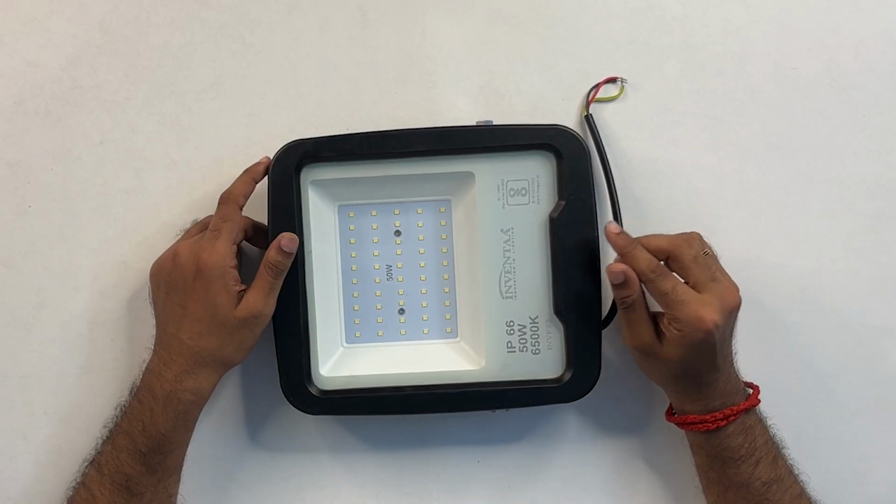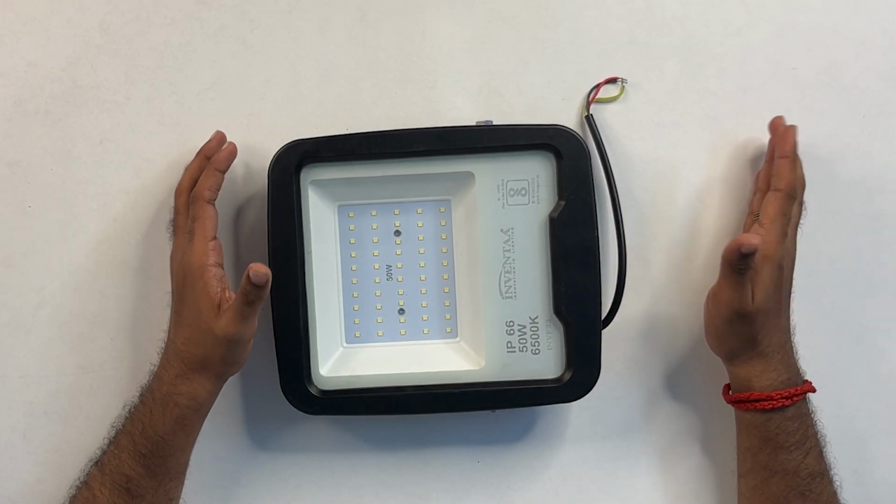And also this product is certified under BIS registration. This product also comes with a highly rated IP66 rating, which shows that this product is dustproof and waterproof to the core. Installation is like a breeze when it comes to this product, because it has a built-in clamp